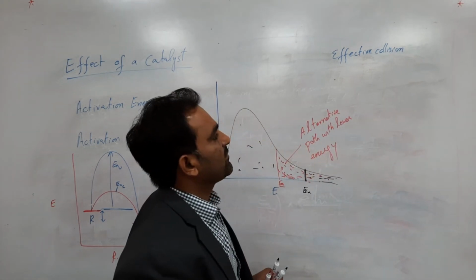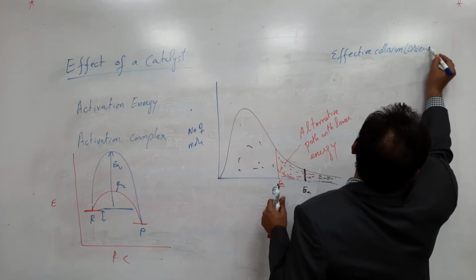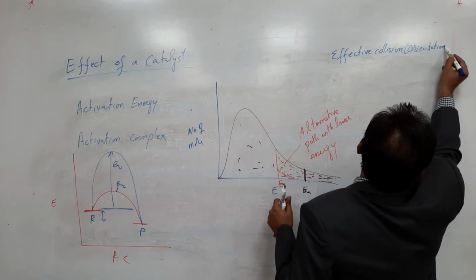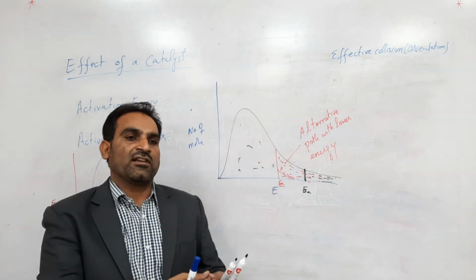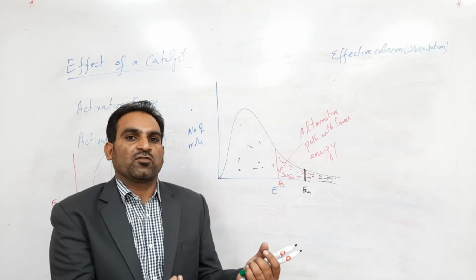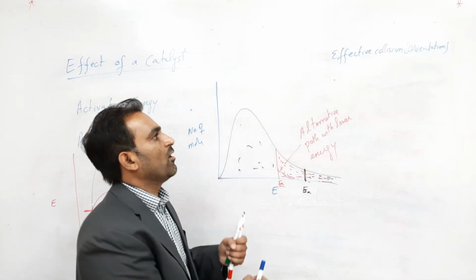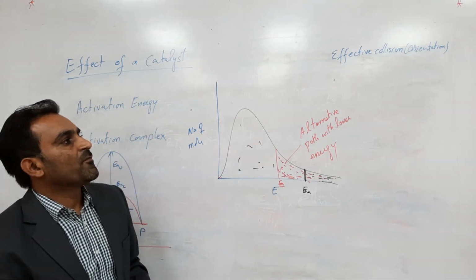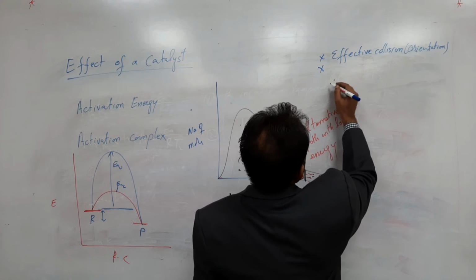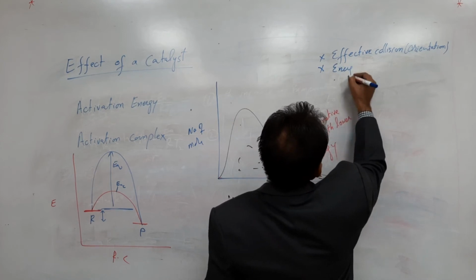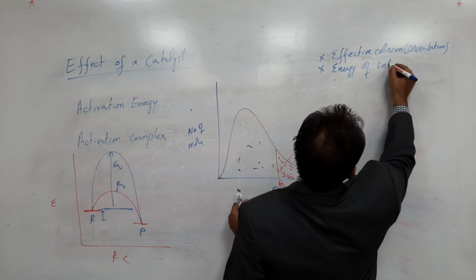Effective collisions depend upon the actual orientation of the molecule, the orientation of the reactant species. If it is the exact orientation, they will be able to react. If there is no exact orientation, or they do not collide effectively, then there will be no reaction. Second part, you must know about the energy of the activating complex or intermediate,